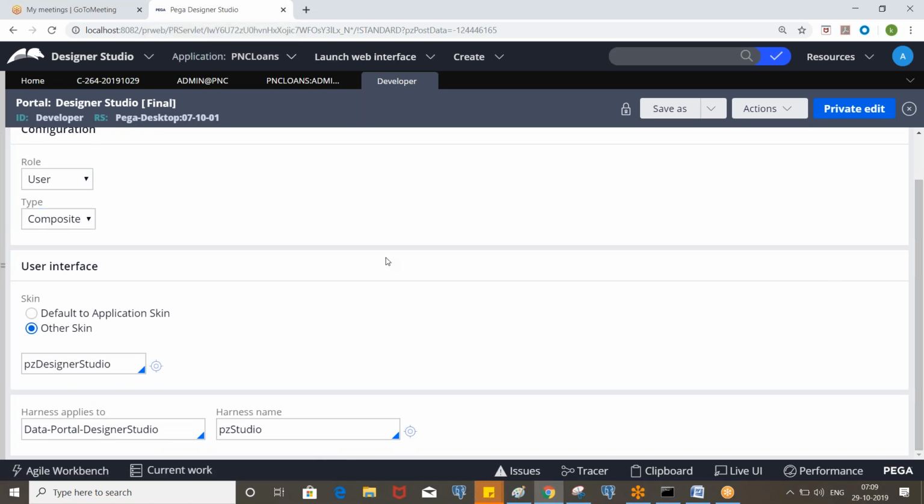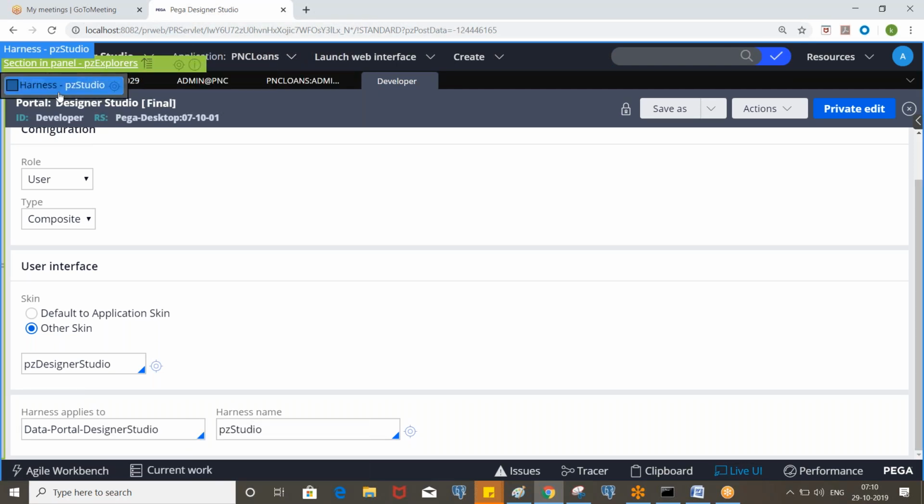Now we can find the rules by using the live UI. This is a tool we use to identify user interface rules. If you put the cursor here, PZ Studio, the whole screen is called a harness, right?